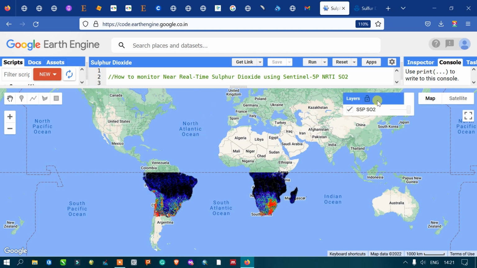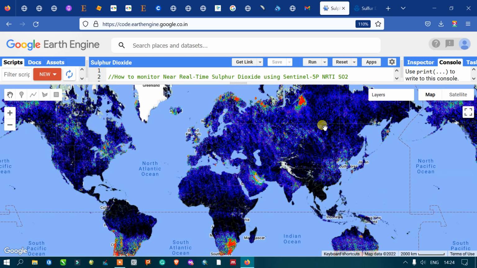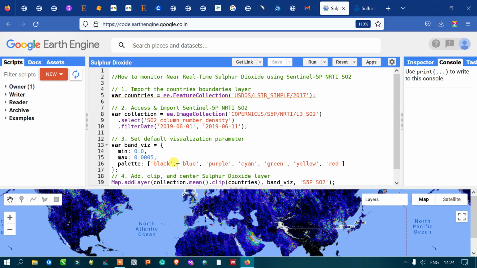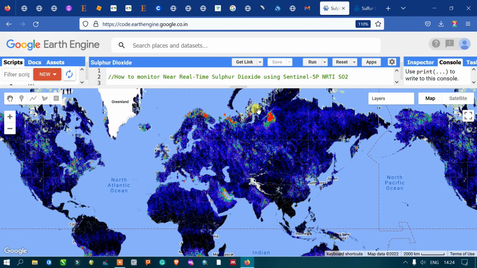So you can view the layer is loading here. Now we can view the global concentration of sulfur dioxide with a specific timeline from June 1 to June 11, 2019. Here red and yellow indicate the highest concentration of sulfur dioxide, and blue and black indicate the lowest concentration, as specified in my visualization parameters. So you can clearly view that this part of our globe has the highest level of